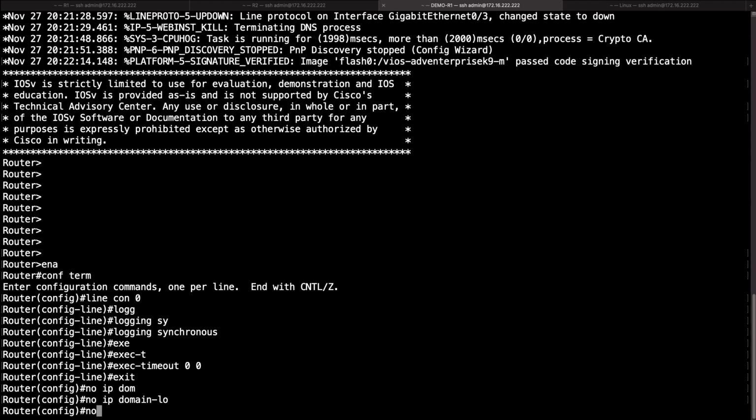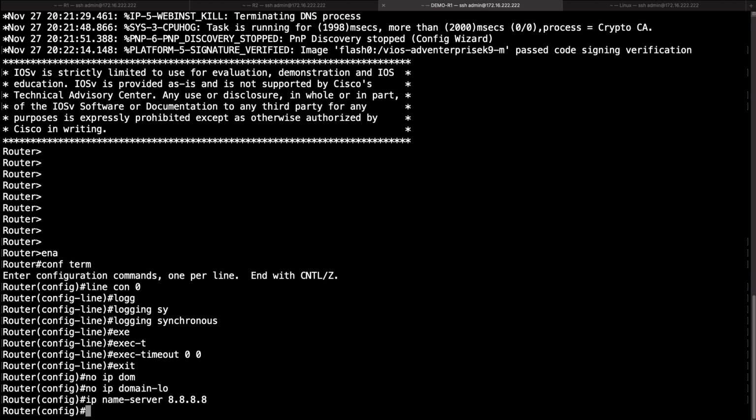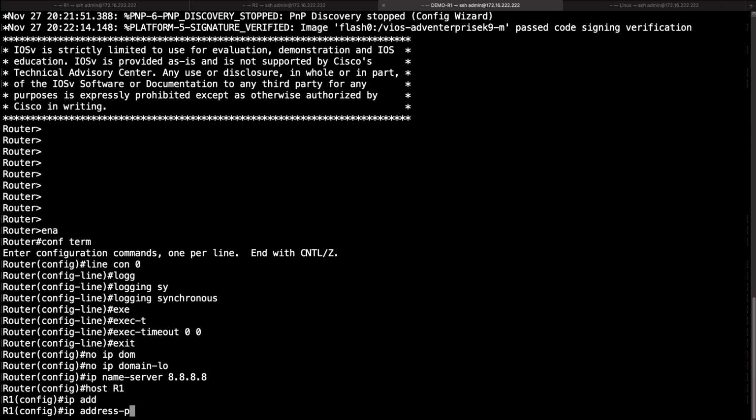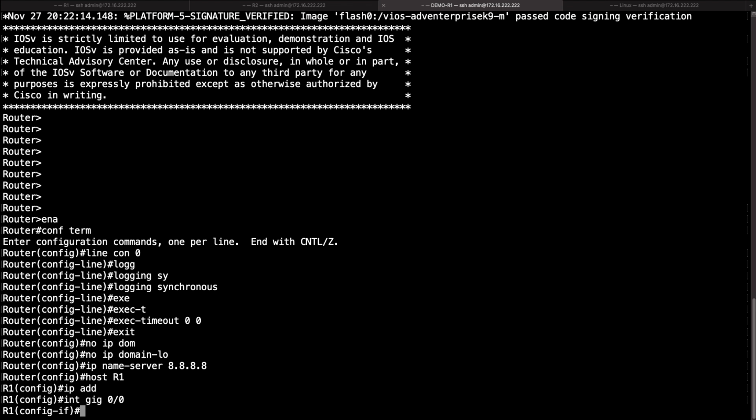In this example, I actually do want to do a domain lookup, so I'm not going to say that. In fact, I'm going to say my name server, ip name-server, we'll use one of Google's freely available servers of 8.8.8.8. And I'm going to change the host name. I'll say the host name is R1. And I'll say my IP address. Actually, no, let's go into